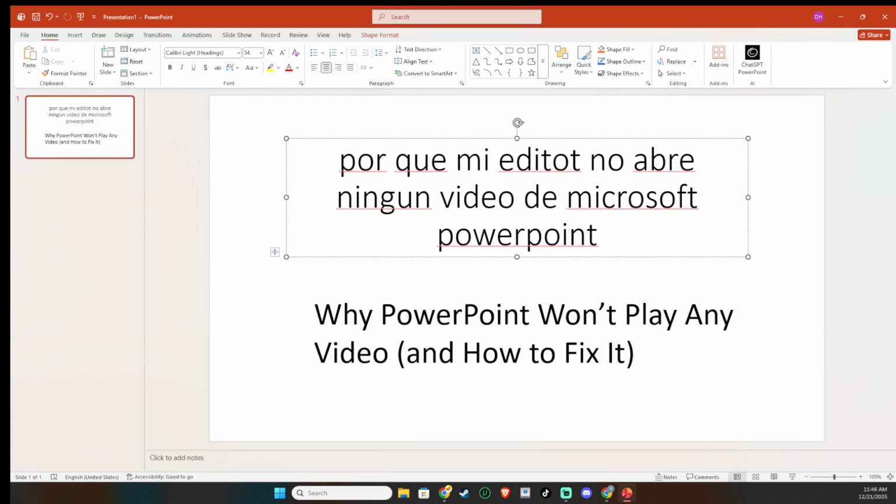Next, avoid moving the media after insertion. Keep the video in the same folder as your presentation file. If you move, rename, or delete the video, PowerPoint may lose track of it and fail to play it. A simple habit is to create a dedicated project folder that contains both the presentation and all media, and work